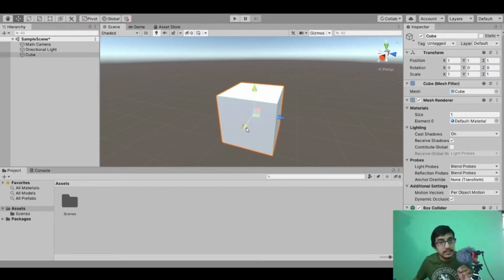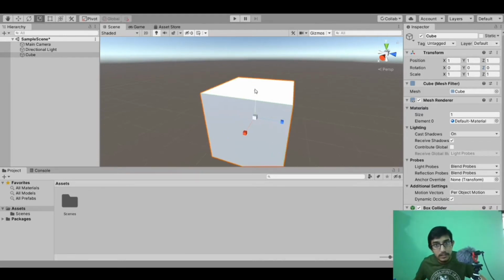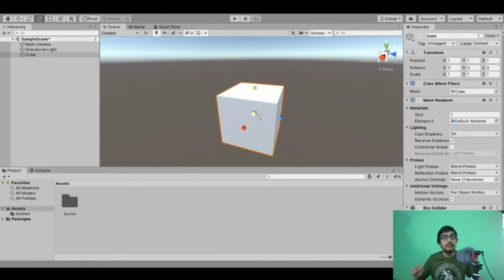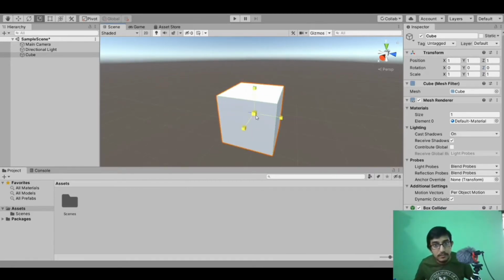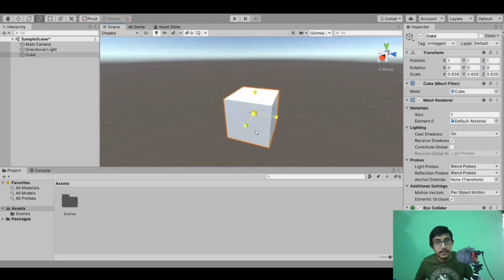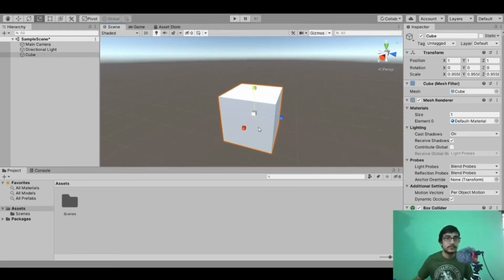So the arrow is an indication of moving, and when we select the scale tool, you can see at the end of our line we got a cube indicating that it represents the scale tool. We will increase or decrease the size using the scale tool, and if we select the center of this scale tool, we can actually increase or decrease the size in proportion without distorting the figure.